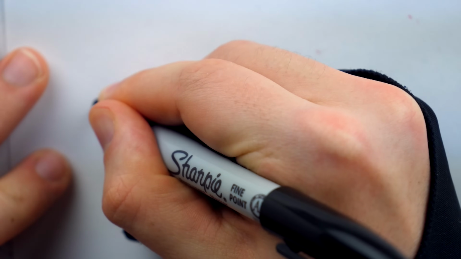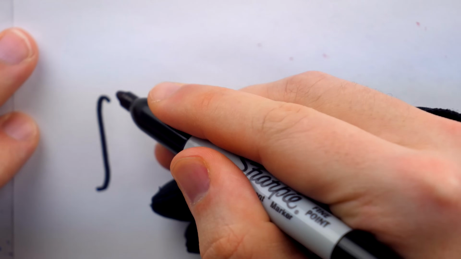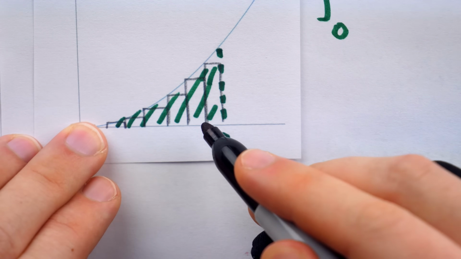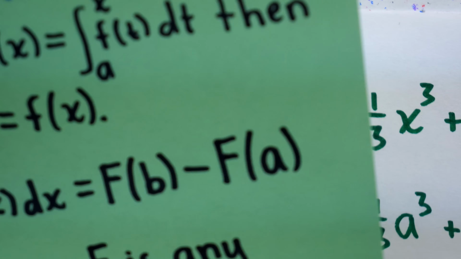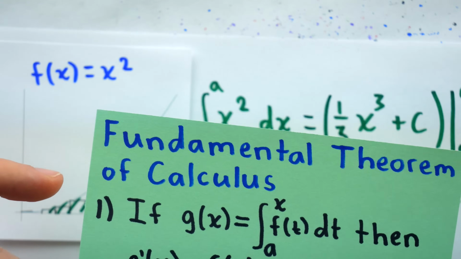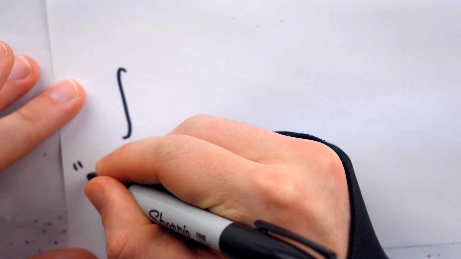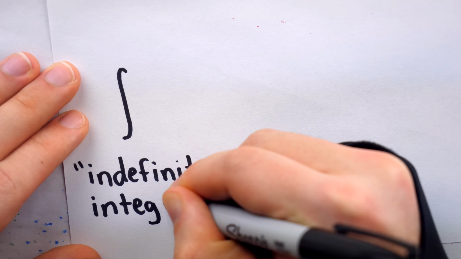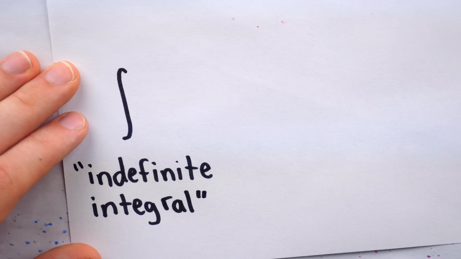As we originally described the integral, it would have no meaning without a lower bound and an upper bound telling us where we are looking for the area, from where to where. However, because of the intimate connection between integrals and antiderivatives as established by the fundamental theorem of calculus, an integral sign with no bounds is called an indefinite integral. There are no bounds giving it a definite value, and it is instead used to represent the general antiderivative of